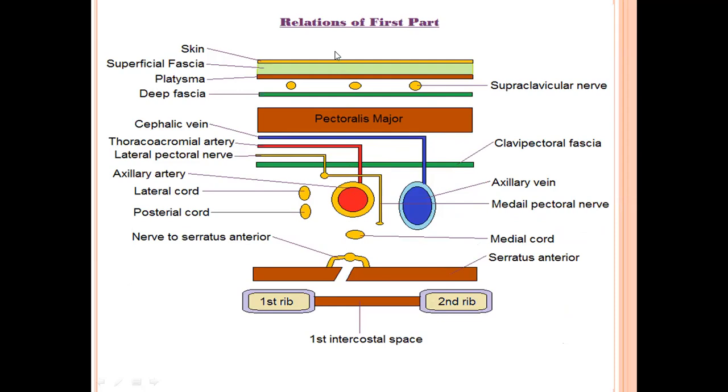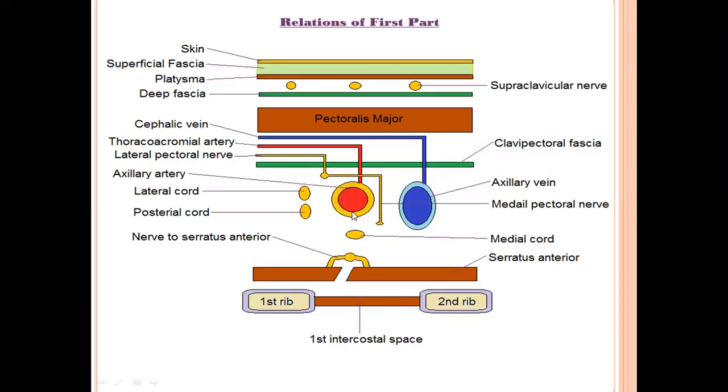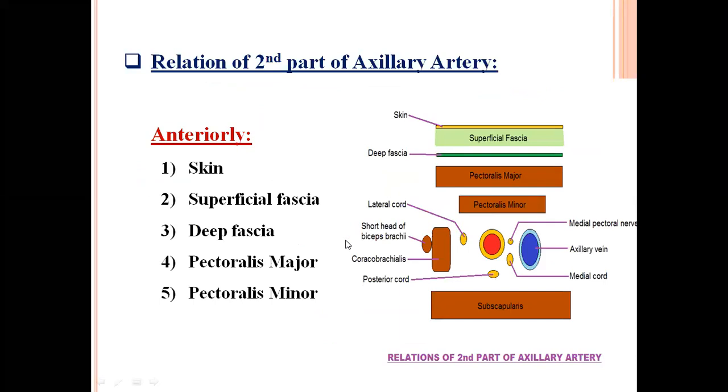This is again the first part I put just to make you understand. This is our axillary artery, and whatever you are seeing in front, these are the anterior relations. Behind whatever we see, these are the posterior relations. I hope you understood the first part. The first part extends from where to where? From the outer border of the first rib to the upper border of the pectoralis minor muscle. Now behind pectoralis minor, whatever we have is the second part.